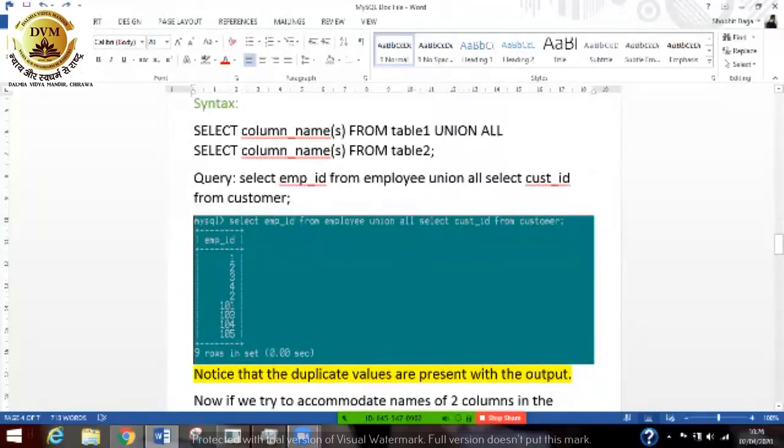There is another thing named union all. This will be used if you want to include the duplicate values. If I do the very same query with union all, you may see that I have 9 rows in the output. The reason for this is that union will neglect or eradicate the repetitive values, and union all will take all the values from both the columns. It will not remove the duplicate values.